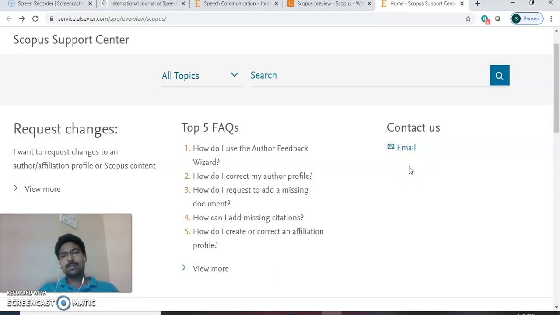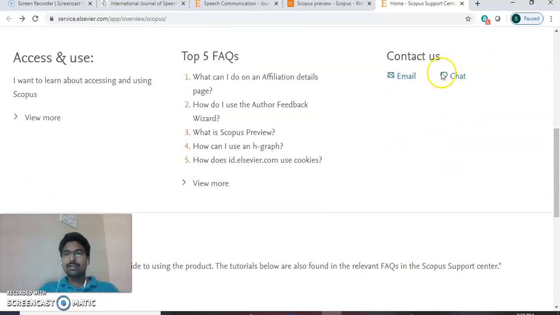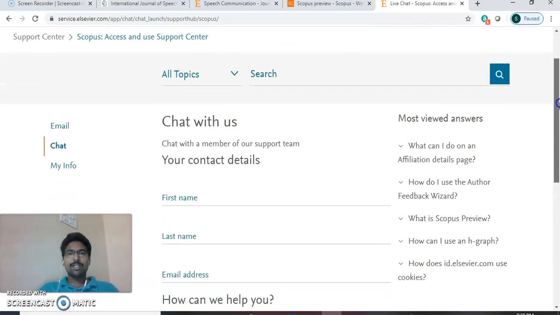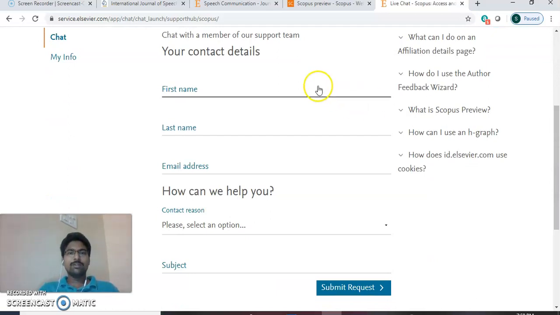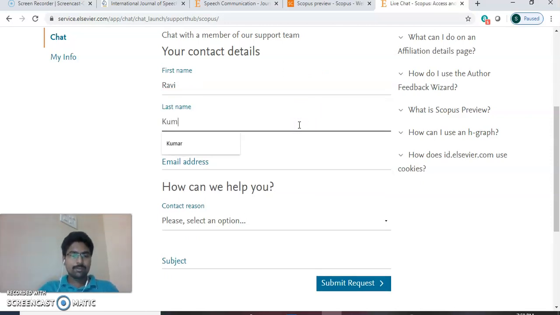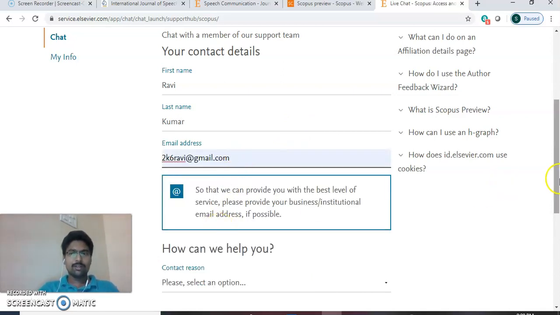Here we can email the respective question, such as, Madam, could you help me to find out whether the journal with ISSN number and title is Scopus or not. They will help within 1 or 2 working days, or else here you can directly chat with them online itself, but that should be in working hours only. So if you click on the chat there, it will ask your contact details. So type the details here. Here, the email address: the answer for your question will come to the email you give here.